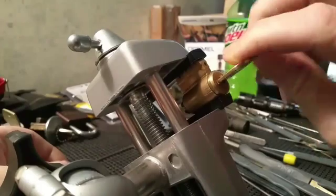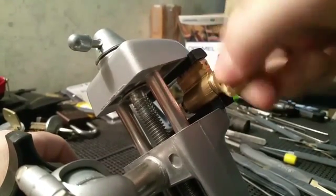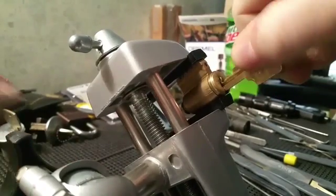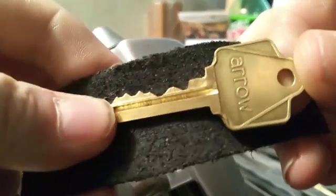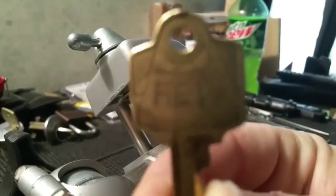Okay, I got this Arrow 6-pin KIK from Luke's Locks. Lock is real smooth. It is locked up. Here's the bitting. Pretty good bitting. And this lock is, if I can get it to focus here,